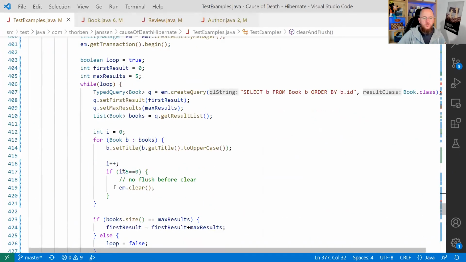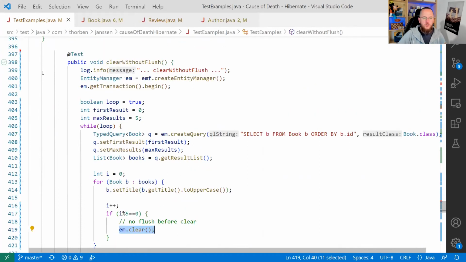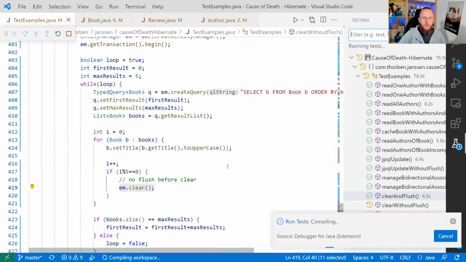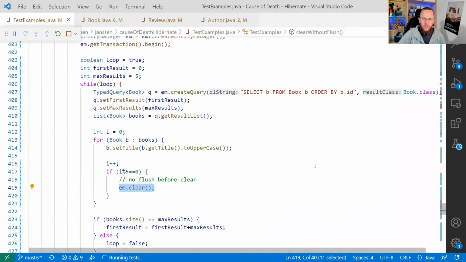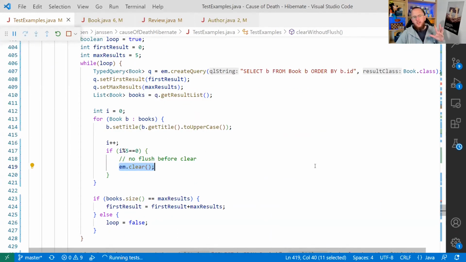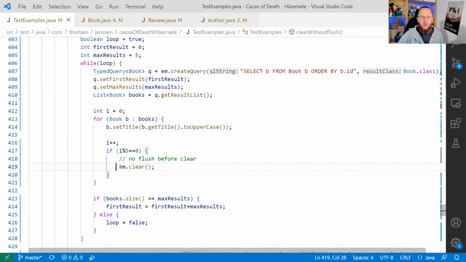That changes if you only clear the persistence context, so if you don't flush it before you clear it. And the dangerous thing here is that the operation we actually want to perform is to clear the persistence context, right? We want to get rid of all the overhead that slows down our application. Unfortunately, if we tell Hibernate to just clear the persistence context, it does exactly that. It doesn't check if there are any dirty entities. It only